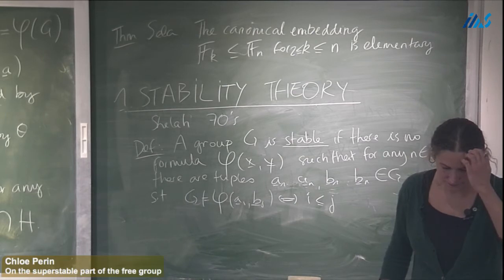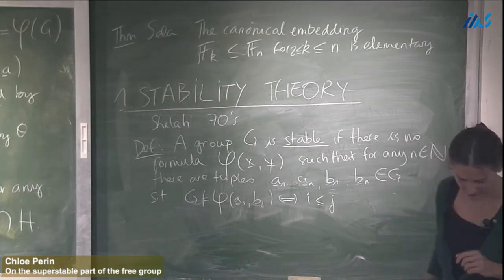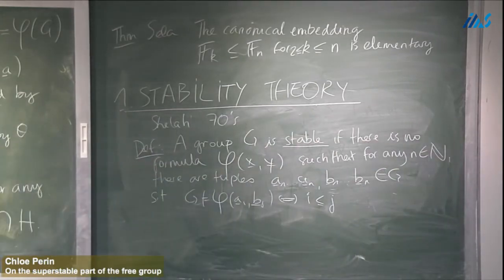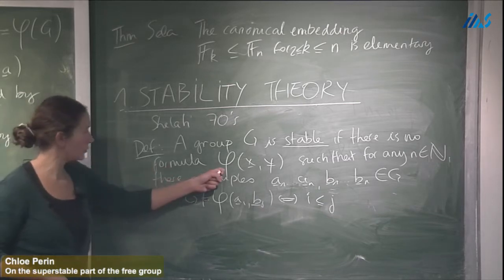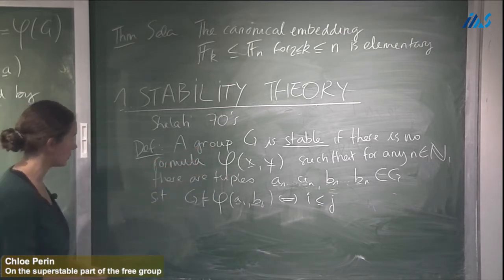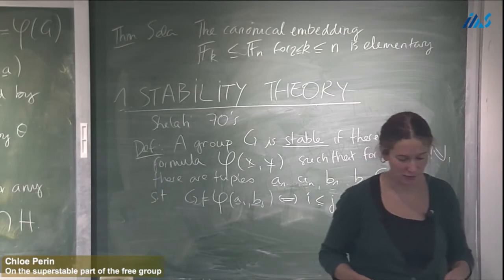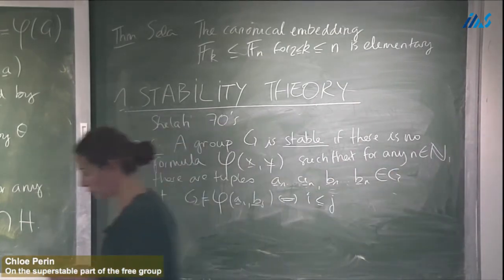Okay, so let me state now another theorem of Zilber. So you can give some examples of unstable groups, and of course it's easier to show that a group is not stable because you only have to find a formula like this. To show that something is stable, you have to really understand what all the possible formulas look like and what all the definable structure looks like. So, yeah. So Zilber proved